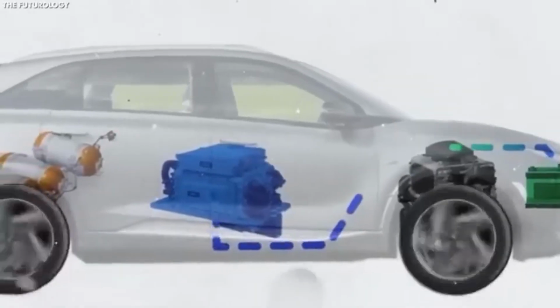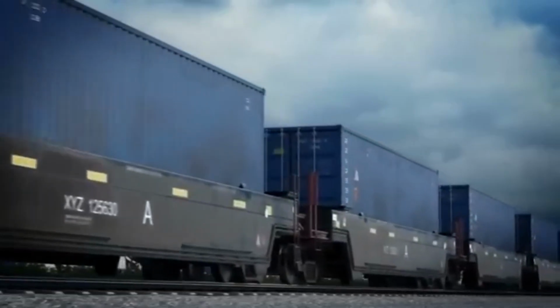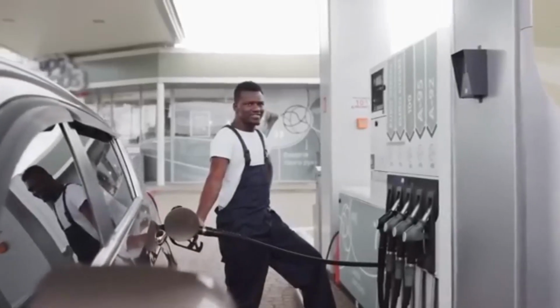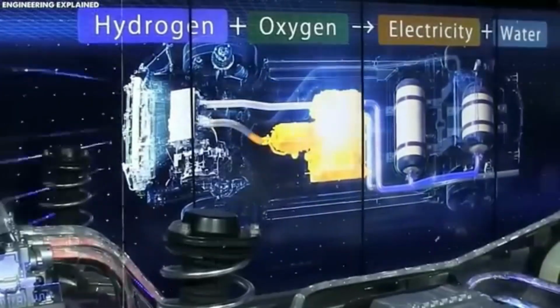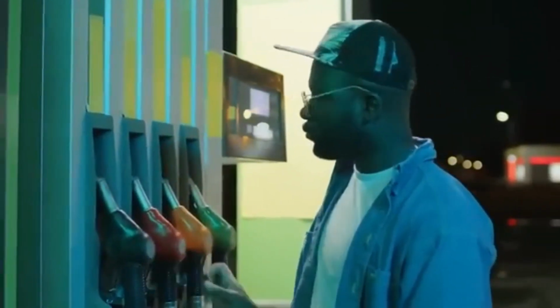Many are excited by the prospect of a cleaner, more efficient transportation system that eliminates harmful emissions. However, some remain skeptical, especially given Musk's previous dismissal of hydrogen technology. For years, he criticized hydrogen fuel cells as inefficient and impractical. Now, with this sudden shift in Tesla's strategy, people are questioning his motivations and whether this technology can truly deliver